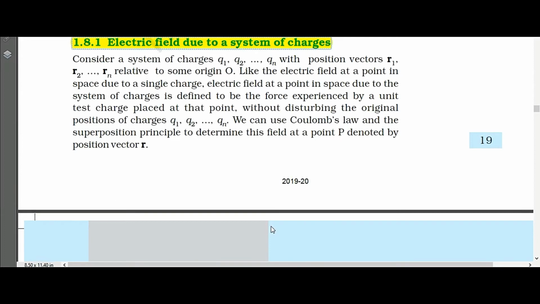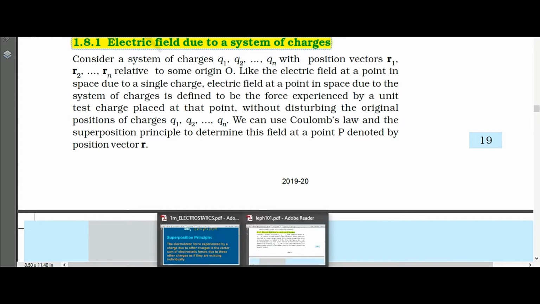Okay, so welcome back. Today we are going to solve some numericals based on electric field. Our topic is electric field due to a system of charges. But let us first understand one important principle on which all the numericals will be based, and this principle is